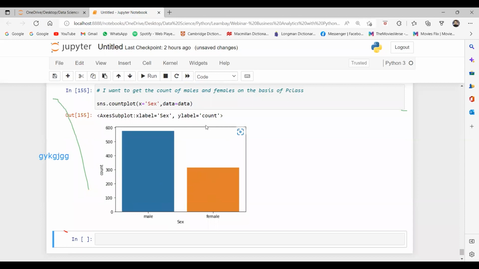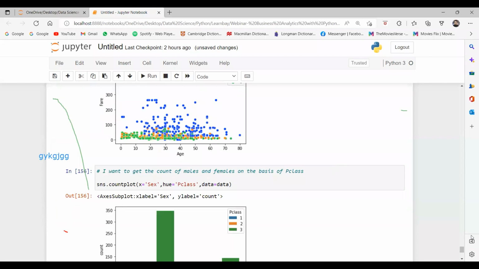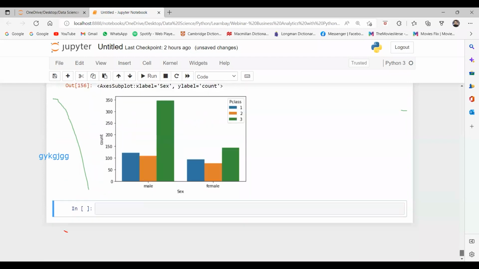For example, I want this data on the basis of P class, then I can say hue equal to P class. So we are getting the data on the basis of classes, guys. This blue one is class 1, orange is class 2, and green one is class 3.